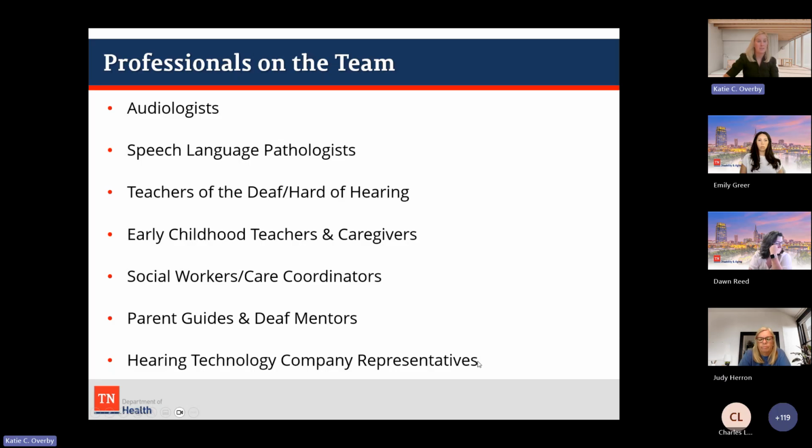They can get you resources. They can help figure out how to mail in broken equipment. Years ago, all the equipment used to have to go through the child's audiologist, and they've really stepped back from that to put the responsibility on the parents, who can mail it directly to the company and they'll mail it back. So if something's not working, that's also a great resource for you to have, and not feel like you're alone and have to try to troubleshoot a hearing aid or cochlear implant all by yourself.